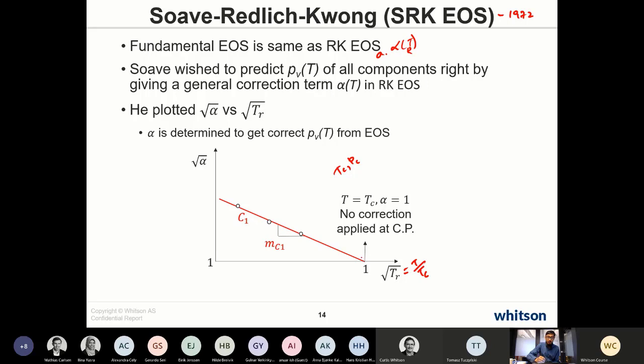So there was no correction at this point, and then you started having more and more correction as you go away from the critical point. And this was just a straight line, and he was trying to calculate the slope of this straight line for the compounds where we had the data. So just a historical comment: